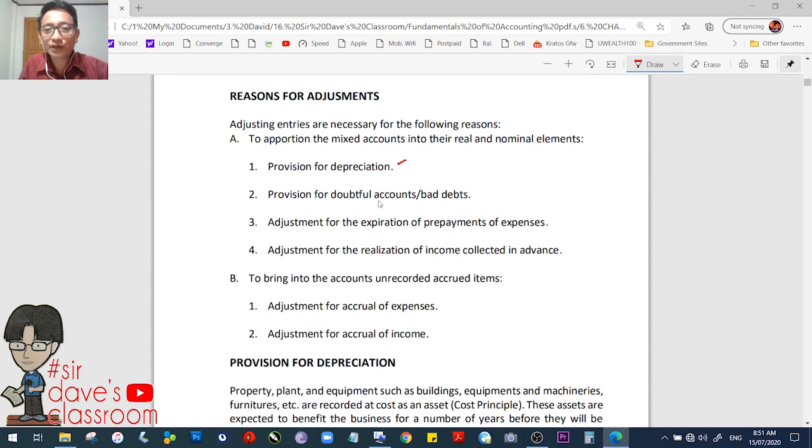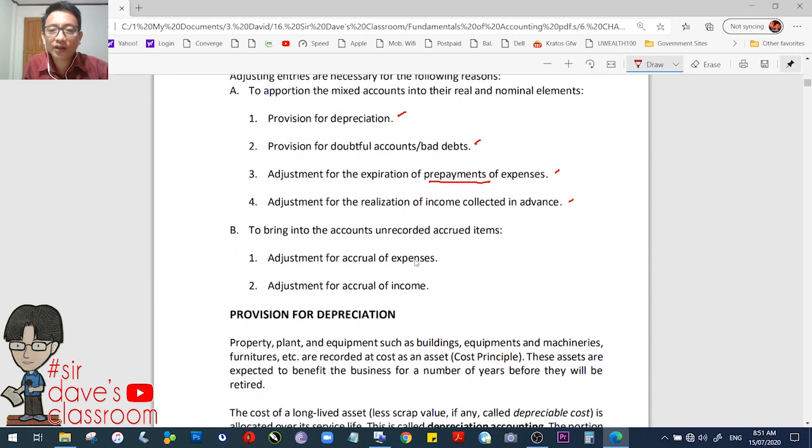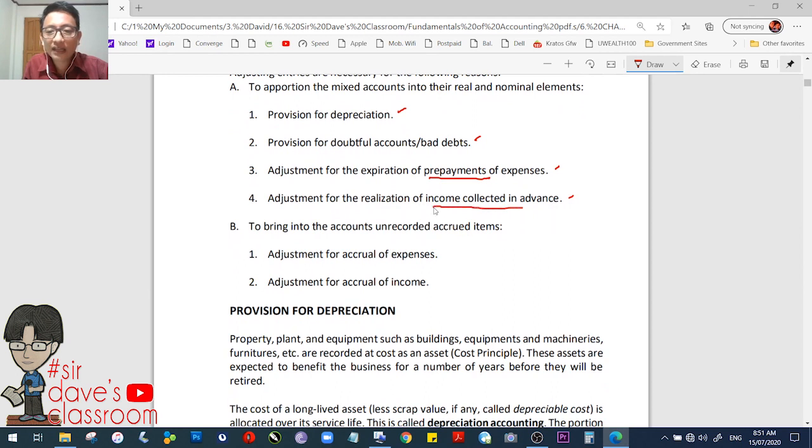Ano ba ibig sabihin ng depreciation? Number 2, provision for doubtful accounts or bad debts. Number 3, adjustment for the expiration of prepayments of expenses. Number 4, adjustment for the realization of income collected in advance. Etong number 3, nagbayad ka in advance. Number 4, nangolekta ka in advance. Sa number 3, ikaw nagpakawala. Sa number 4, ikaw ang